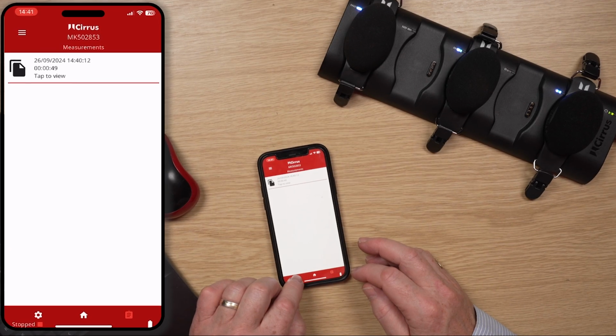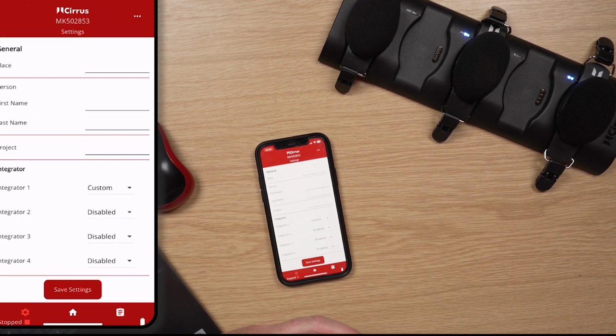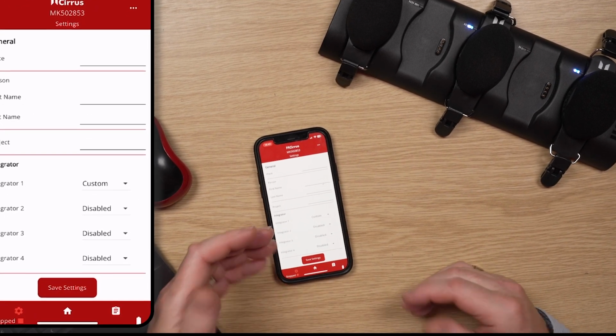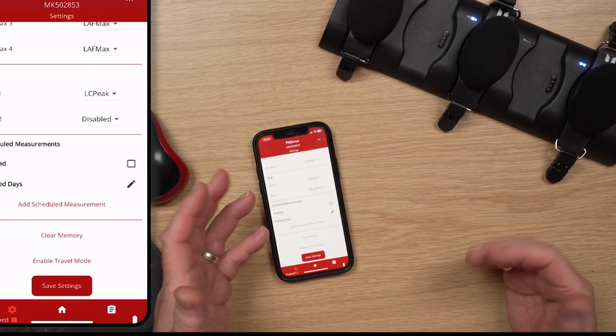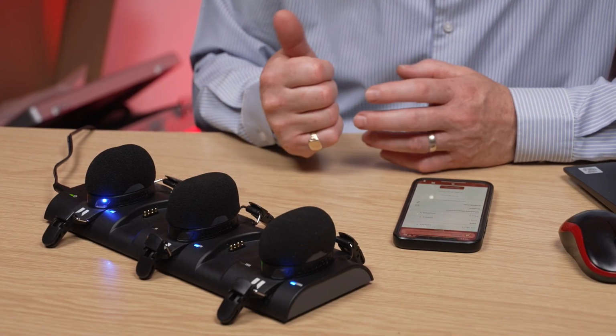So the other one is the settings button, which is on the left-hand button here, and this is where you can put in, as I've mentioned in one of the previous videos, places, people. You can change the integrator settings, you can schedule measurements from here, you can clear the memory, you can even enable travel mode. So basically, most of what you could do when you're configuring it through noise tools, you can also do through the app by connecting to an individual doseBadge and making those changes, but also starting and stopping it. So it's a great way of having control over those doseBadges,